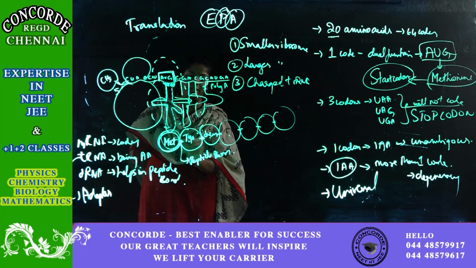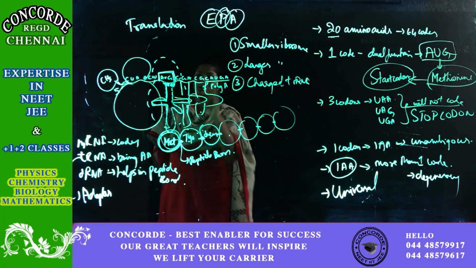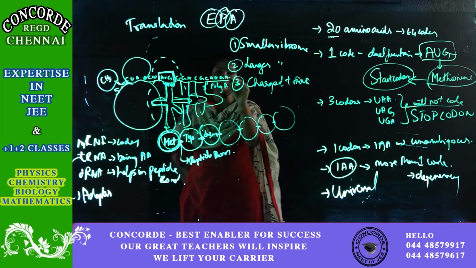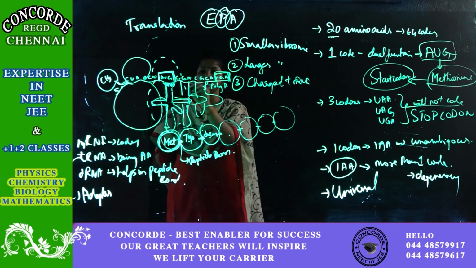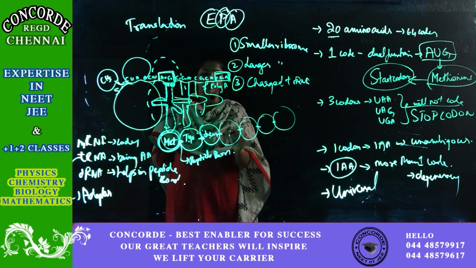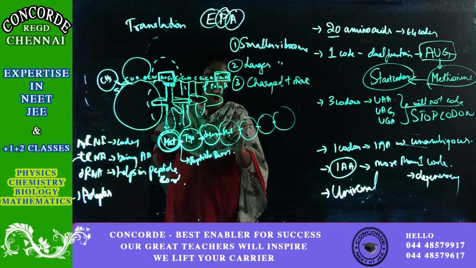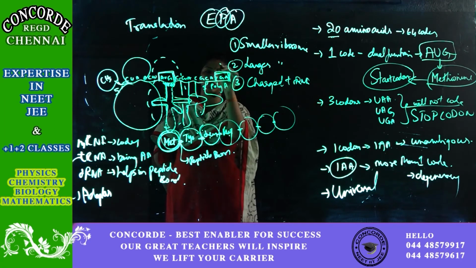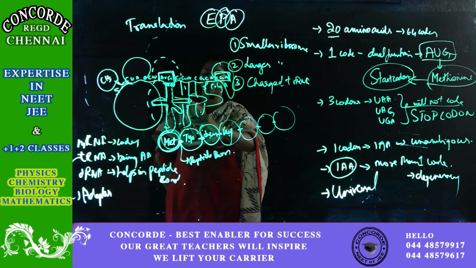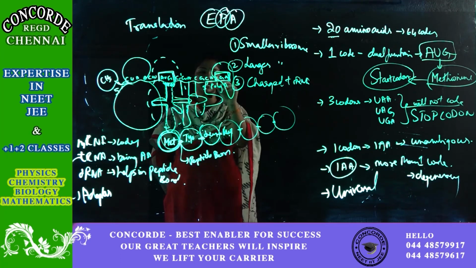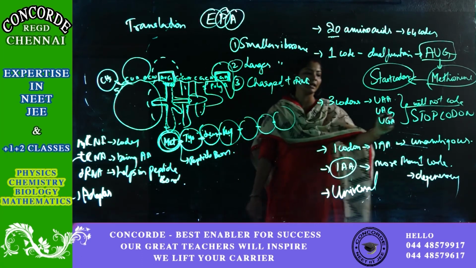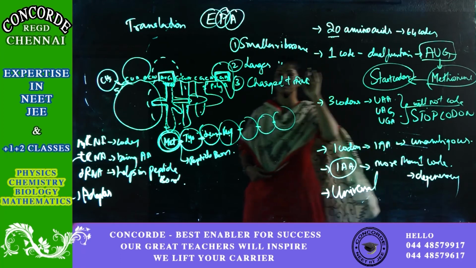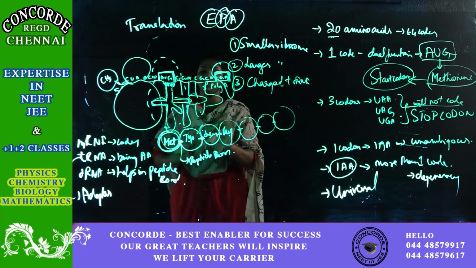So these are all joined together by peptide bond formation. At the end, if you have UGA, this is your stop codon, correct? So once you find the stop codon, the process ends. There are only 4 amino acids. When the stop codon is there, one more protein will come and bind here and the chain gets dissociated. As I told you, a stop codon will not account for any amino acid. So there is no amino acid here and the process will stop. So this is how protein formation happens.